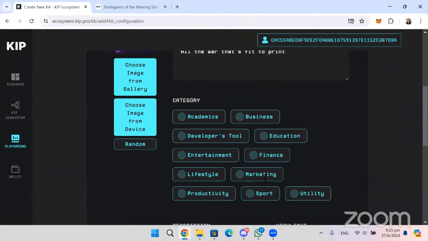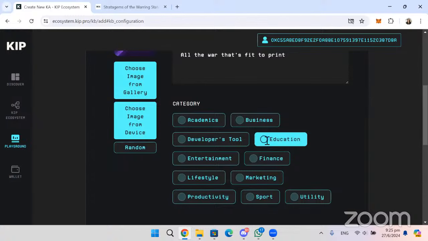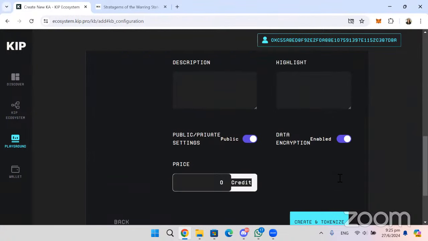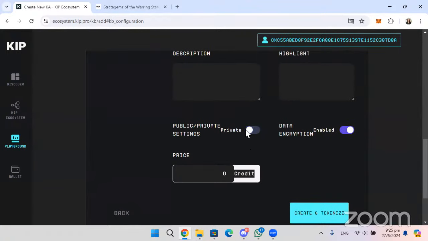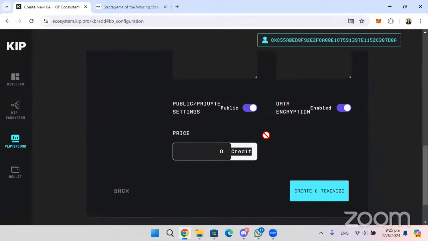Okay, just to do a quick summary, and I will call this an educational data set. Won't bother with the descriptions because we're in a hurry. And obviously you have the option to set it private or public. You can encrypt it or not. Actually, this one, they're all automatically set to encrypted, but in future you're going to have the option to turn that off. You can set your price. So I think knowledge should be free, so I'm going to set it to 0,